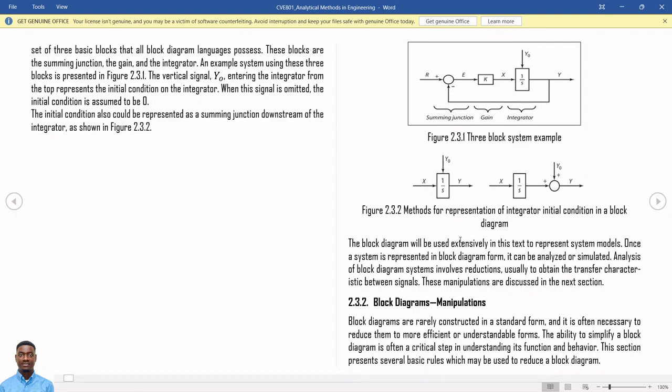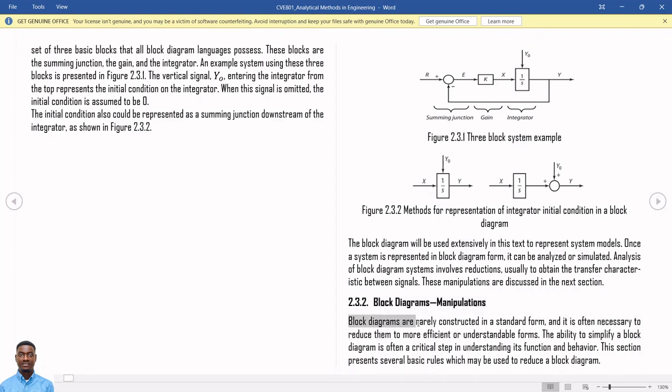So that takes us to what we call the block diagram manipulation. So there are several ways by which we can manipulate block diagrams. Now, why do we manipulate block diagrams? We manipulate them because we want to reduce their size. Because when you see block diagrams, sometimes they might be just too cumbersome. So it's best to find a way to minimize or to reduce your block diagram so that they can be readable to anyone that wants to use them.